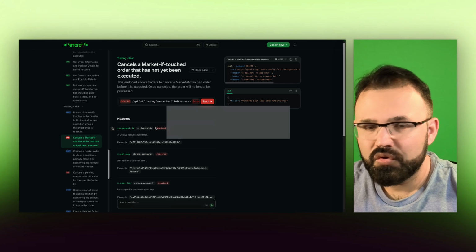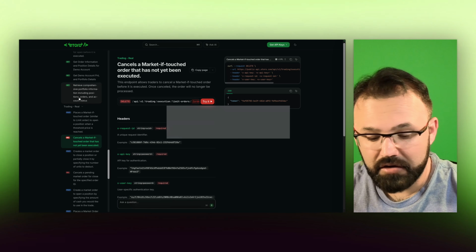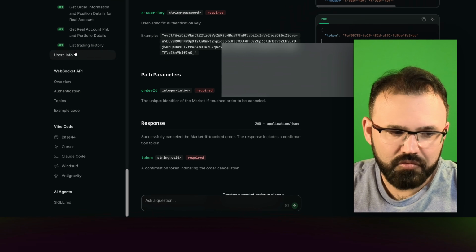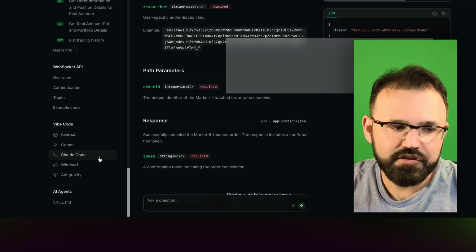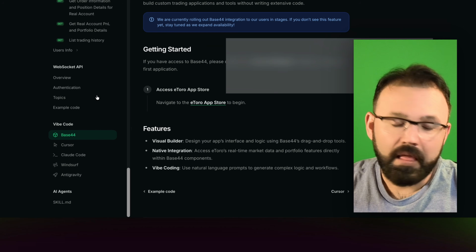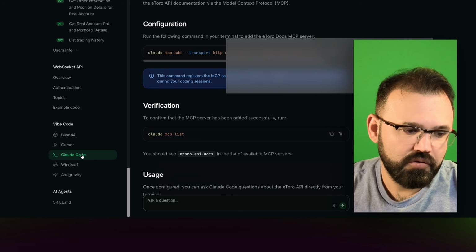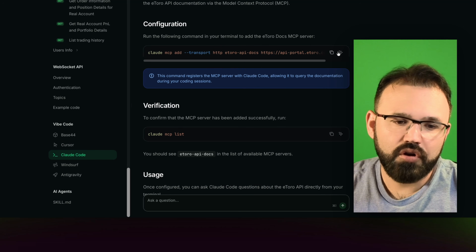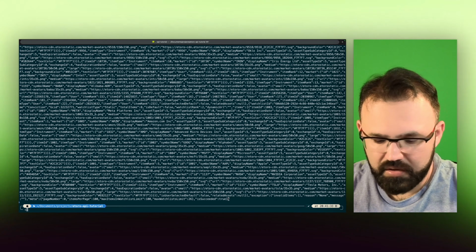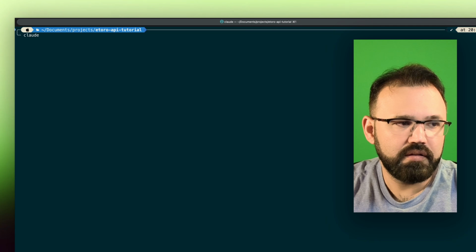However, for someone who is not a developer, how to get started? And you want to use AI agents, for example, OpenClaw. That's something which you should scroll down in the same documentation link. Under Vibe code, you'll see how you integrate with Base44, how you integrate with Cursor, Claude Code. So for Claude Code, if you just come here, you copy this whole thing and come here, I'll just clear this up, and you just say claude,